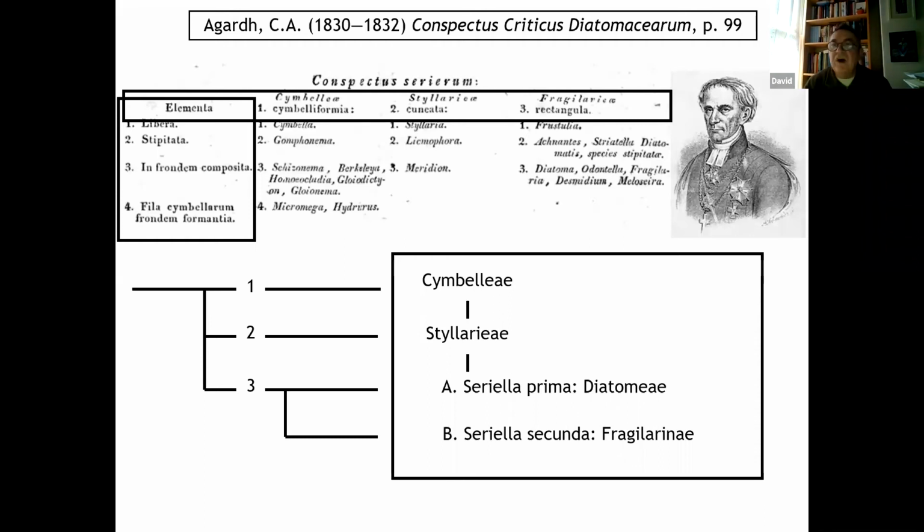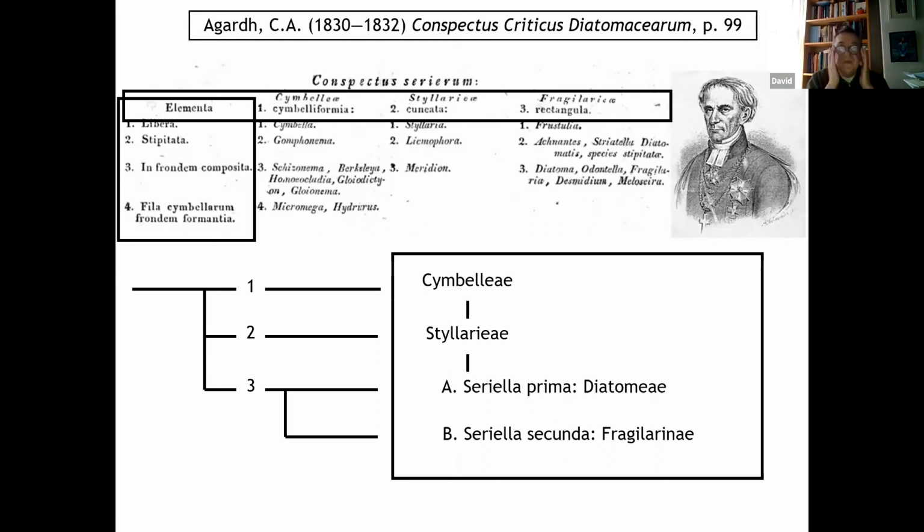I want to say one final thing about Lyngby. What's really interesting about looking at his work and devoting some time to its study is that, just because it's 1819, he can't possibly be wrong. He's working with what he's got. And I think that's a good thing for us here. We work with what we've got. And so he has a description of the diatom group. He has a description of the subgroups. We can work through that. And he tells us how they're related based on the information that he knew. He can't possibly be wrong.